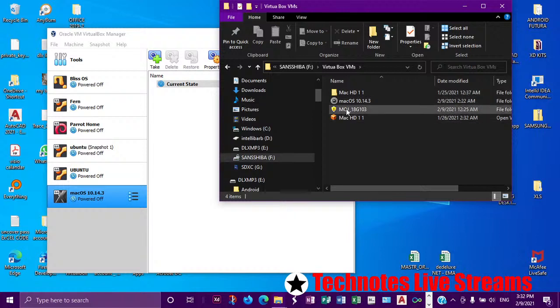Each of these is an individual VM, and one of them is over here, this one right here. This one that I'm highlighting with the mouse is this one over here. That's Big Sur, actually. It's called Mac OS 10.14.3, but it actually turned into Big Sur, and we'll find it. But the problem is, because I'm out of space on this physical laptop that I'm using, I had